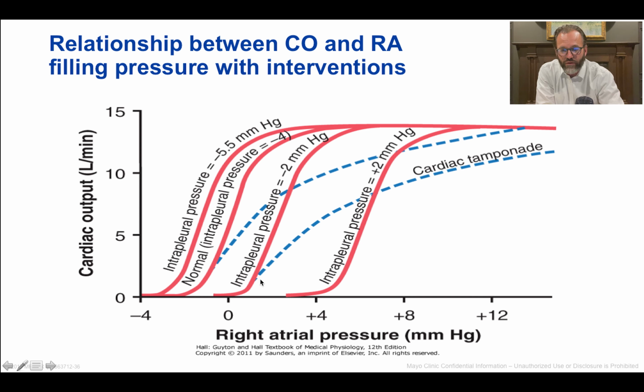And so what you can see is, let's take a look, for example, at a normal intrapleural pressure of about -4. If you're here and you've got a normal right atrial pressure, we get a cardiac output of about 5 liters per minute. Now, if we have a more negative intrapleural pressure, so you start to take a breath in, you pull outwards on the heart, and that's going to widen the transmural pressure gradient across the heart. What that will do is make it look like at any given right atrial pressure, you will actually have a wider transmural pressure, and that wider transmural pressure is going to enable cardiac filling more significantly,